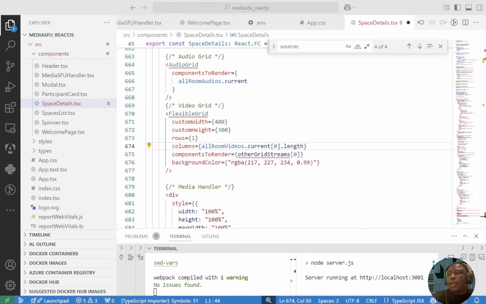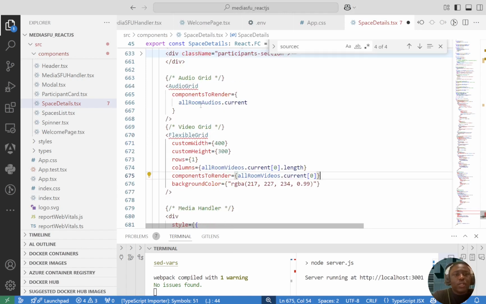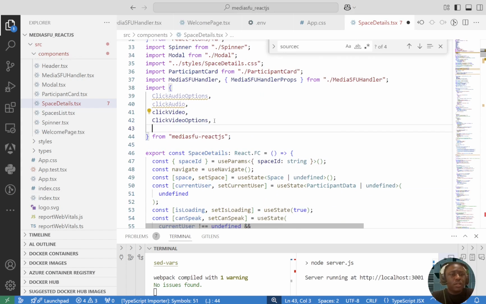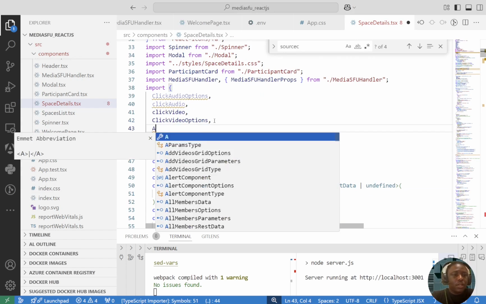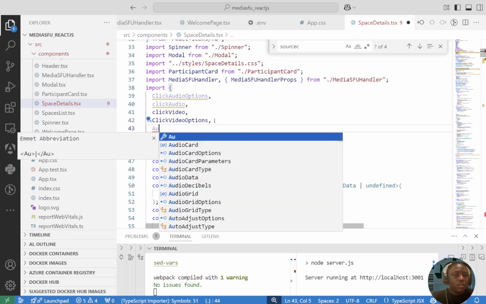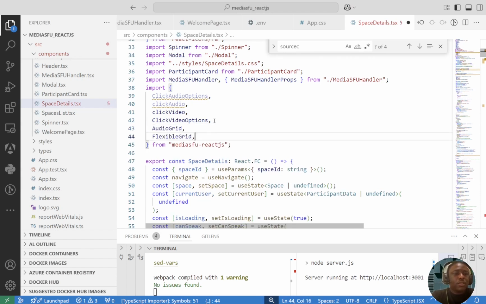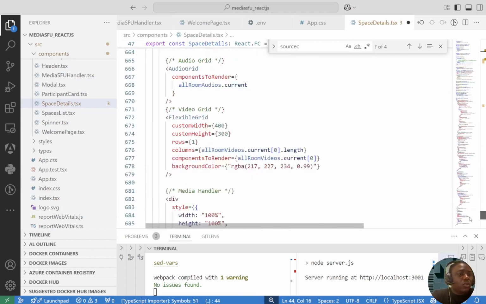So then the components to render is going to be that. And we just need to have the import of the two, flexible grid and audio grid. So we go up to our MediaSFU ReactJS and then have audio grid, and then flexible grid. Okay, so now